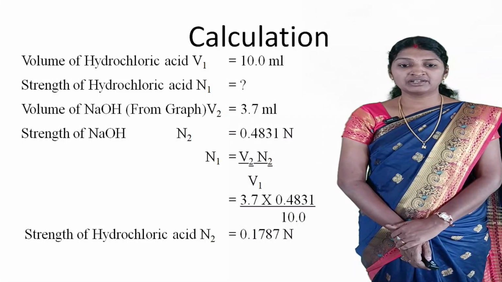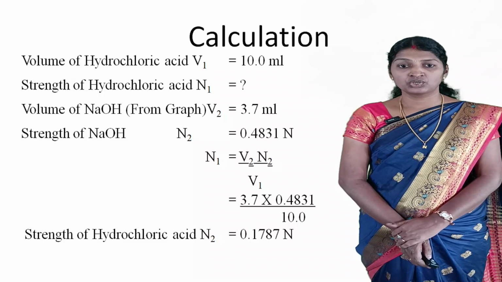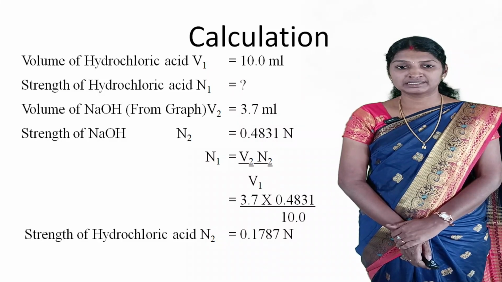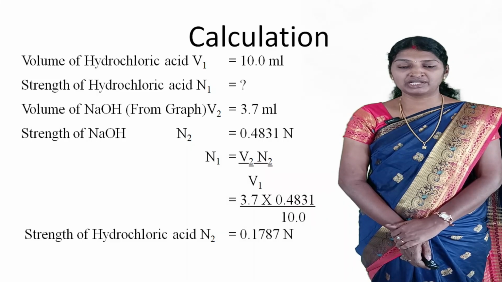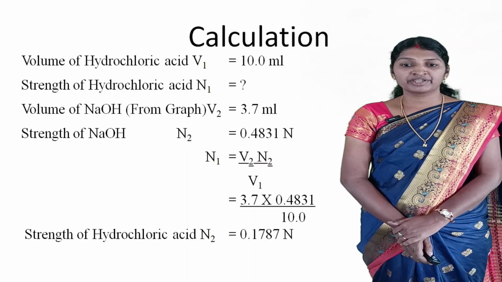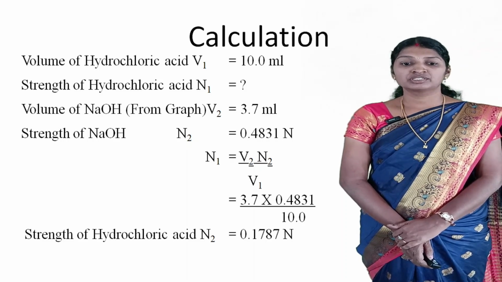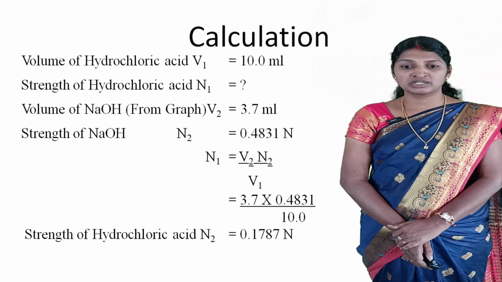Then I am going to calculate the strength of hydrochloric acid using the formula V1N1 is equal to V2N2. Volume of hydrochloric acid taken is 10 ml. Volume of NaOH, taken from the graphical value, is 3.7 ml. Then the strength of NaOH is 0.4831. Therefore, the strength of hydrochloric acid N2 is equal to